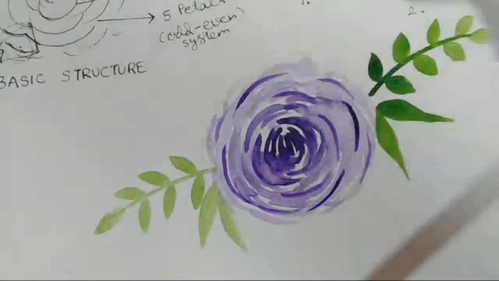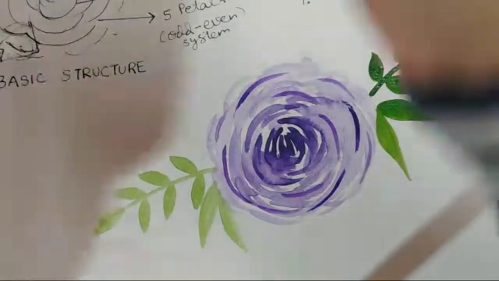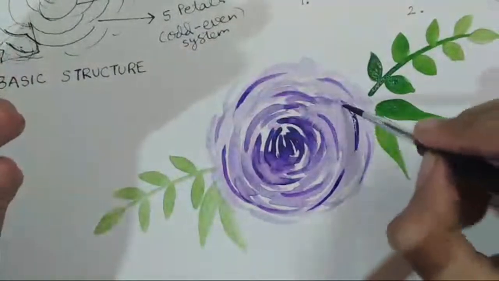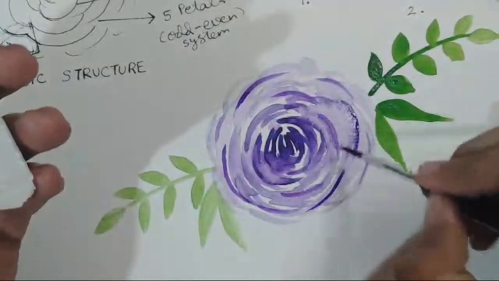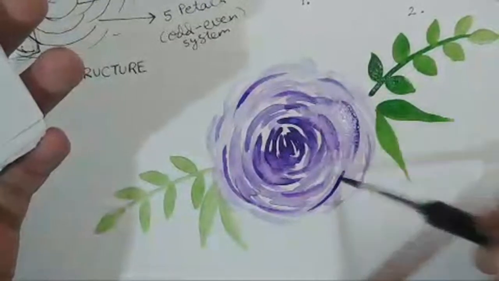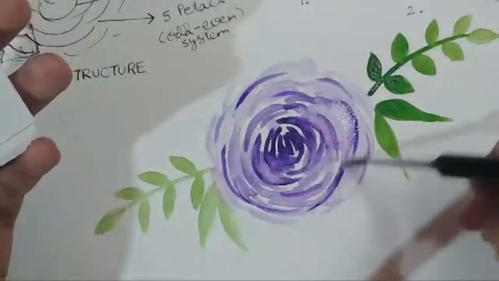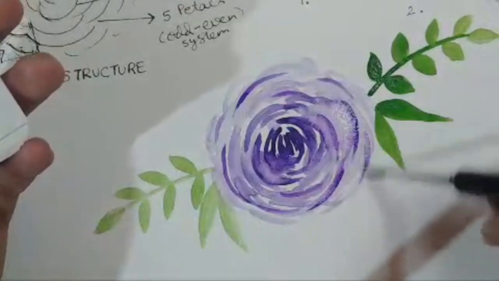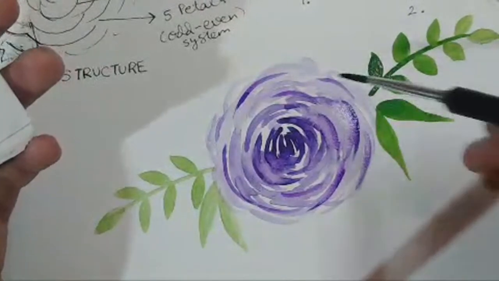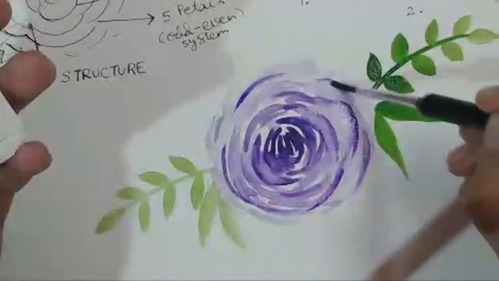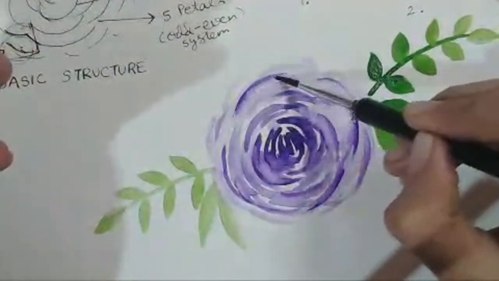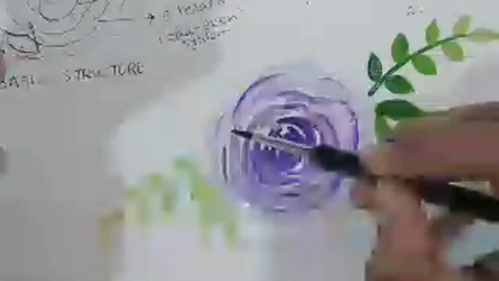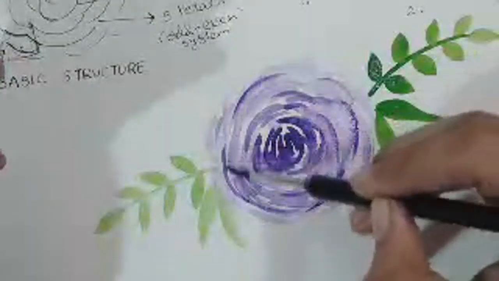Now that we have done defining it, we can rinse our paintbrush and we can blur them. Blurring them means you can fade them with the center. So you can take a lot of water and you can fade them like this. So as you can see, we are fading them. Just make sure you don't overlap the white spaces. You just need to fade them like this. Just make the white spaces as they are.